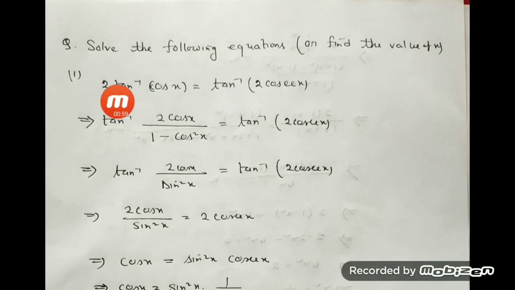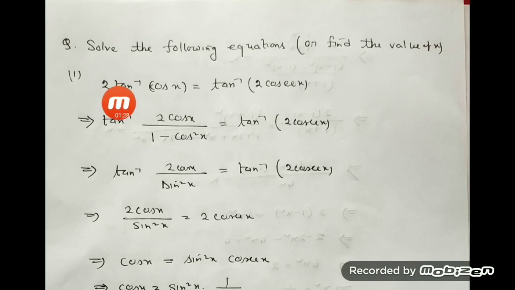First you see the question properly. On the right side you have tan inverse, on the left side you have 2 tan inverse. Then you know that you can convert 2 tan inverse in terms of tan inverse. Actually 2 tan inverse can be converted in terms of sin inverse, cos inverse and tan inverse. Properly you can select a formula. Which one will help you here? Yes, if you convert 2 tan inverse in terms of tan inverse, then that will help you.